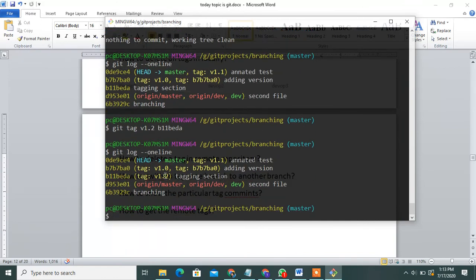See, adding this v1.2, use this git tag v1.2, we add it with the commit ID. Then how to switch to another branch, git branch.